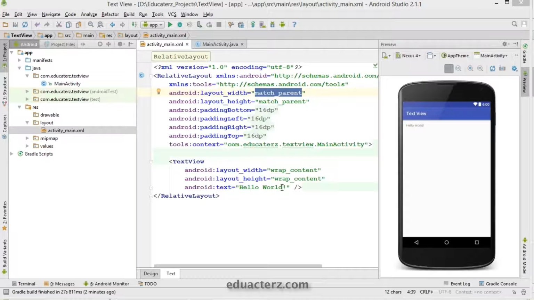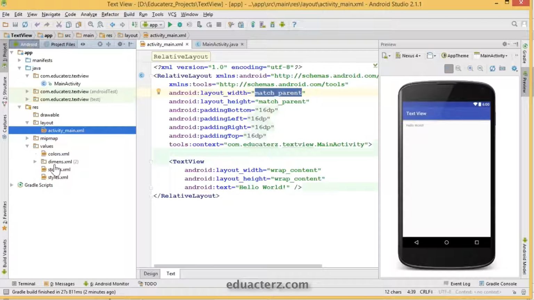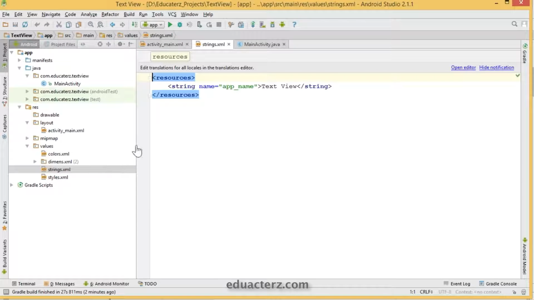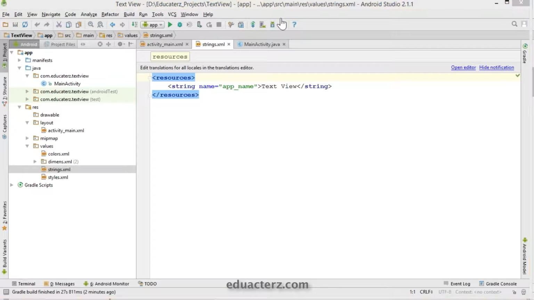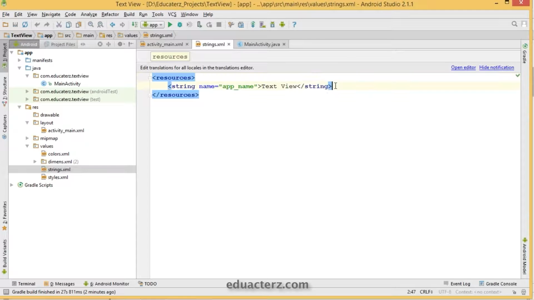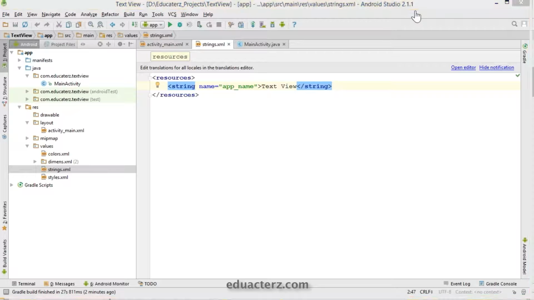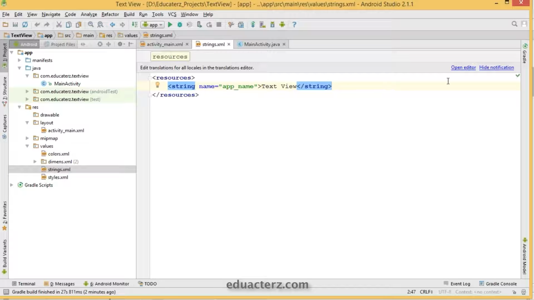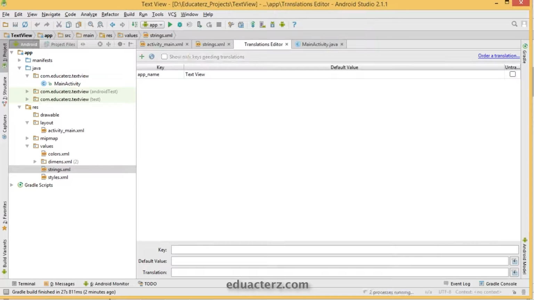like educators.com. In the previous sections on project creation and the anatomy of an Android project, we already discussed where to put all of your text. Go to res, under the values directory, you'll find the strings.xml file. Open it and name your string. There are two possibilities: directly write it here with string tags, or open your editor.